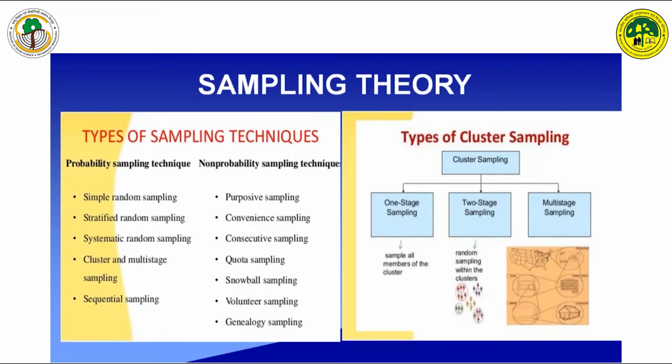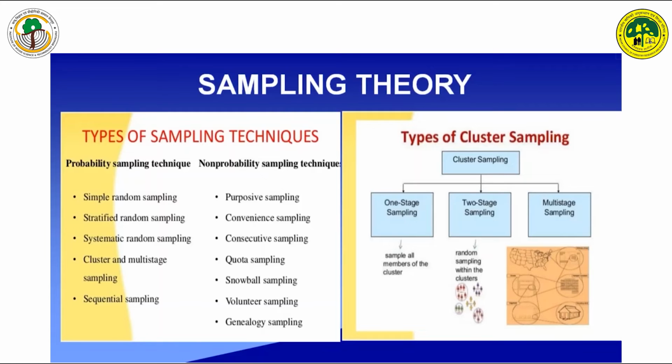Stratified sampling means random sampling where you take from the top, middle, and bottom. These are the ways you can try it. That time we can understand that you can call it stratified sampling. Systematic sampling means after every kg, or every 10 kg, or every 5 kg, I am going to draw the samples. You can call it systematic sampling.